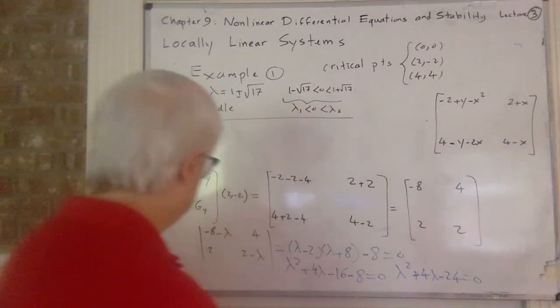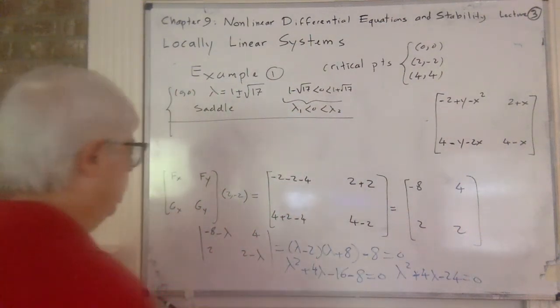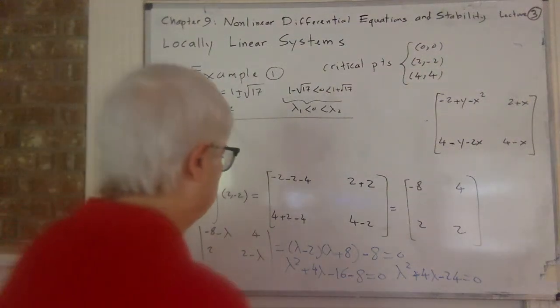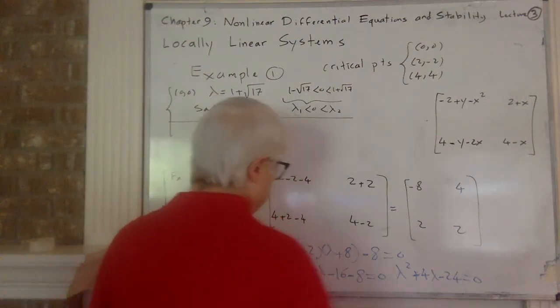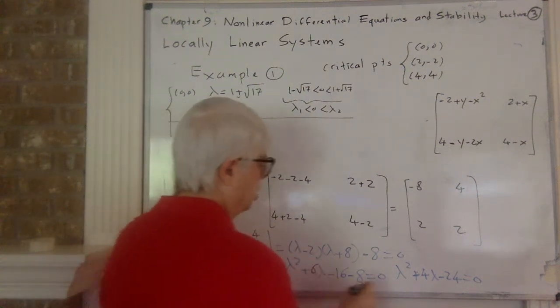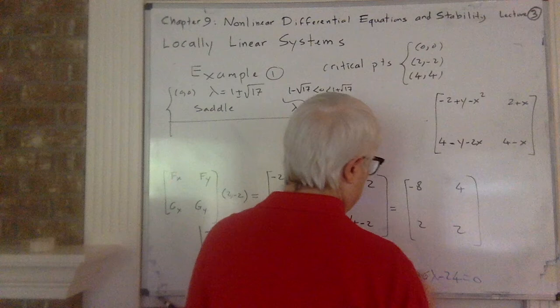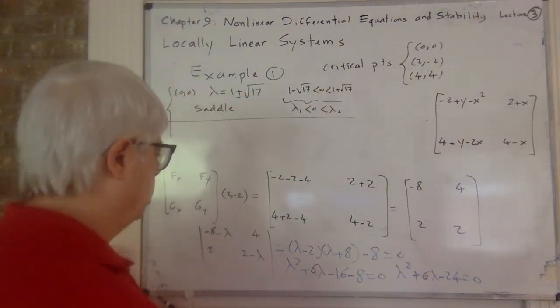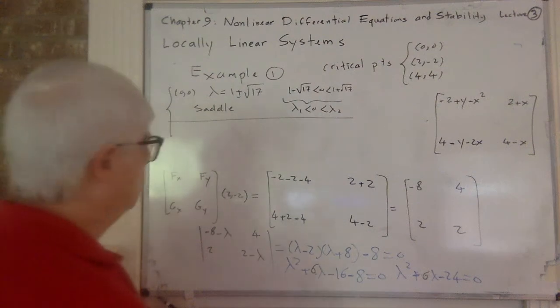Let me double check. So (lambda minus 2)(lambda plus 8), minus 8. 6, sorry, 8 minus 2 is 6. Minus 6 lambda, and 8 times 2 is minus 16. So this one will give me,